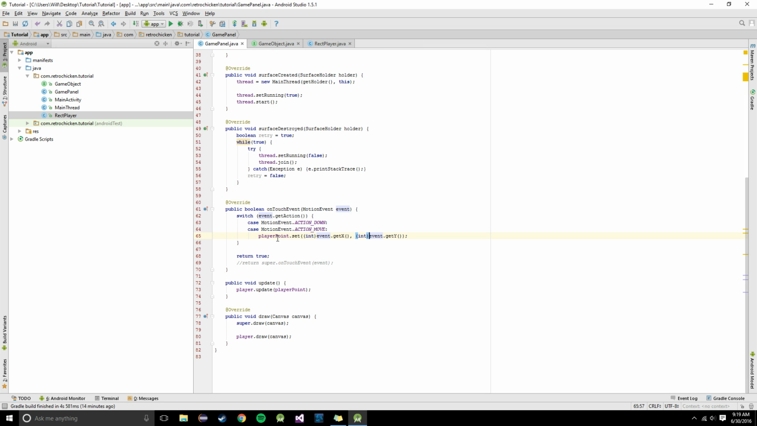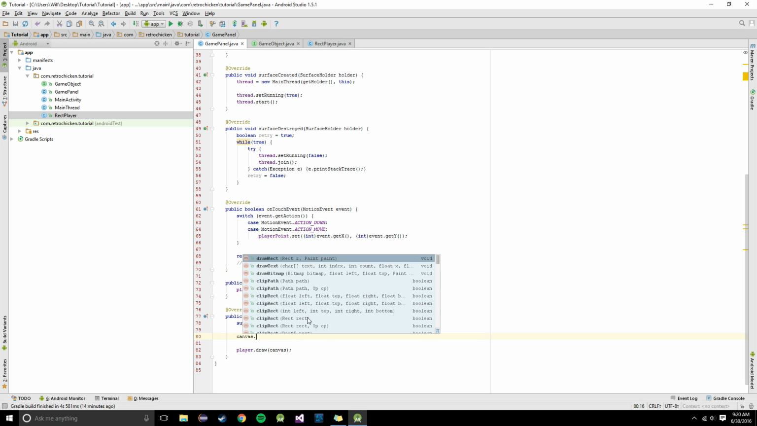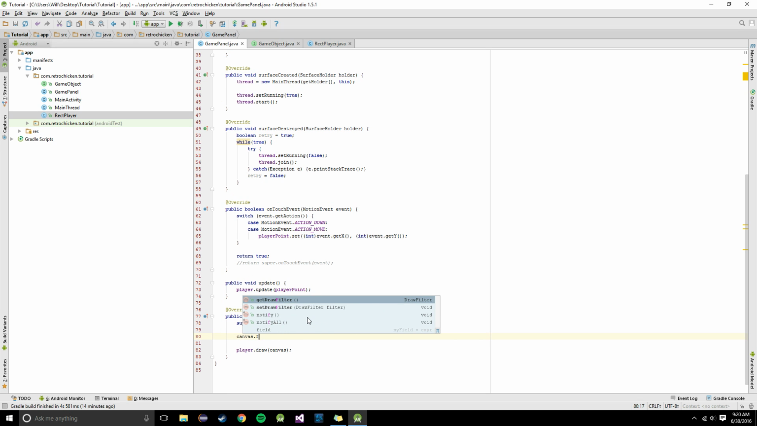Now we have a system for updating this point. We're passing it into the player to update, and we're drawing the player in this draw method. That's what I'm talking about these being very crucial methods, because if we forgot to call the player right here, we'd see nothing with the player. And I'm actually going to do one thing. I want to do canvas dot,